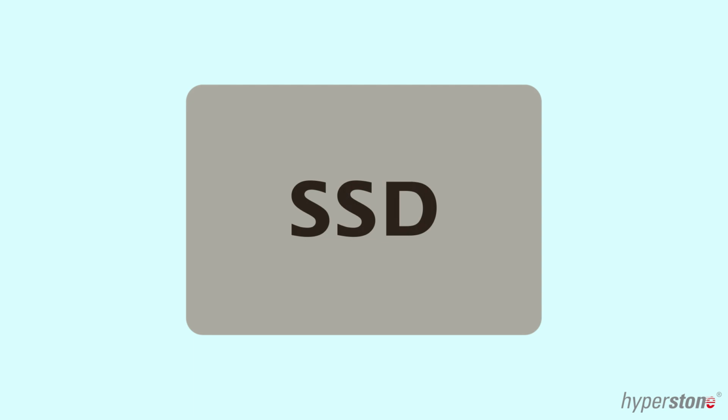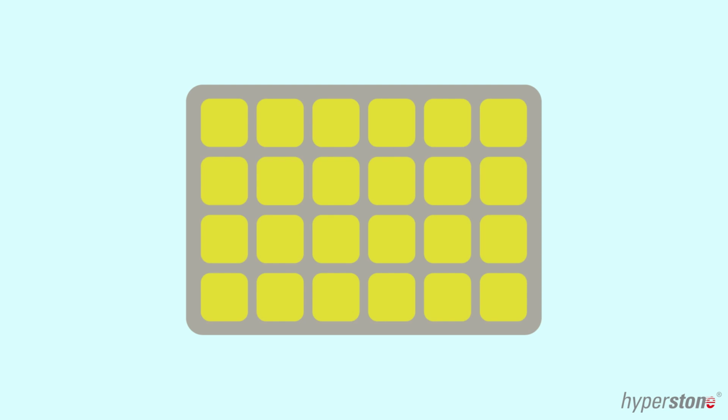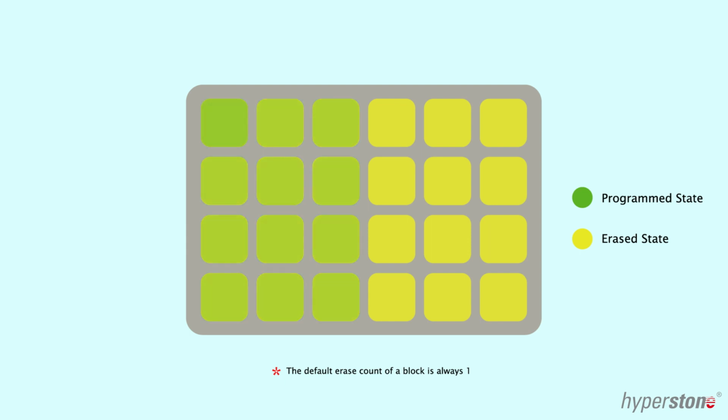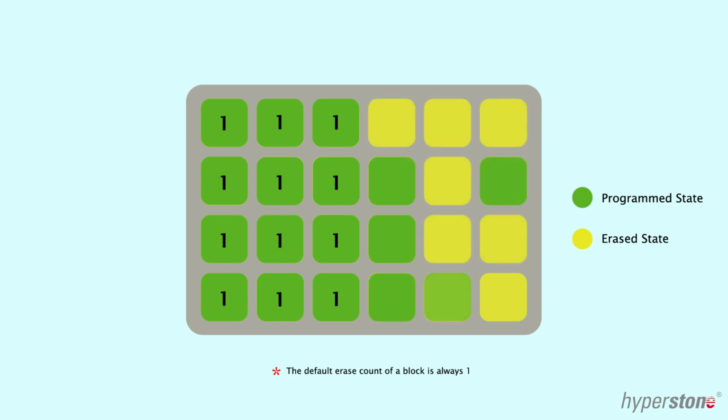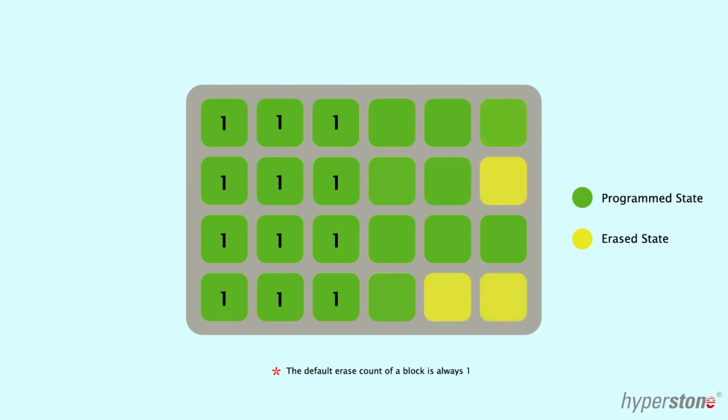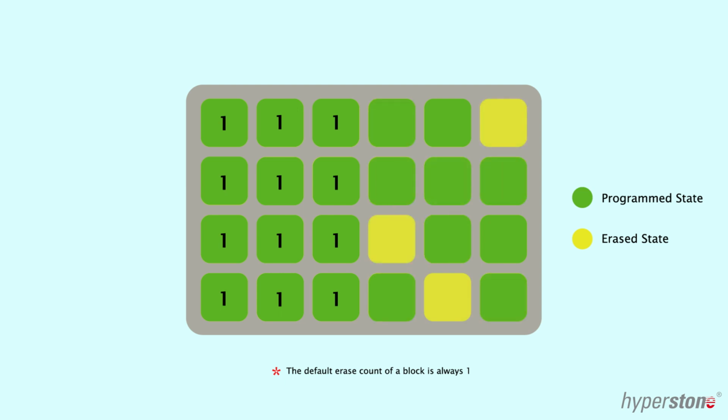Let's say you go out and you buy yourself an SSD, and again, for explaining purposes, let's just say that this SSD has 24 blocks. Now when you get home, the first thing you do is put all of your family photos on it, which takes up half of the SSD, so 12 blocks. So now your family photos are programmed onto the pages within the blocks, and they are just sitting there. While these photos are sitting there, you keep using the rest of your SSD, and after a while you can see that the blocks which are being used more frequently have a significantly higher erase count than those storing your